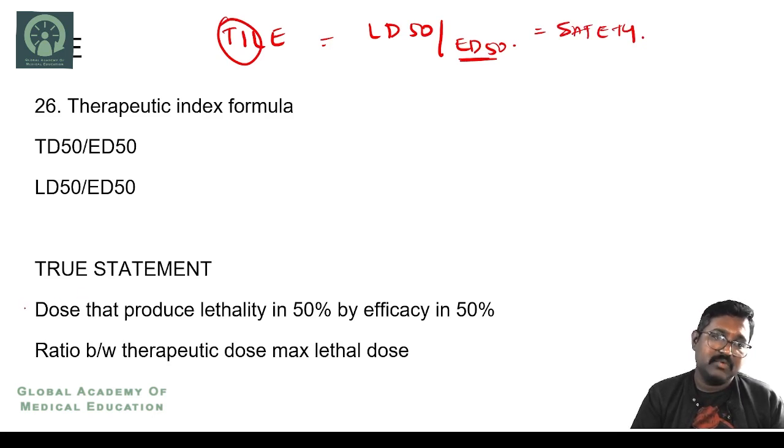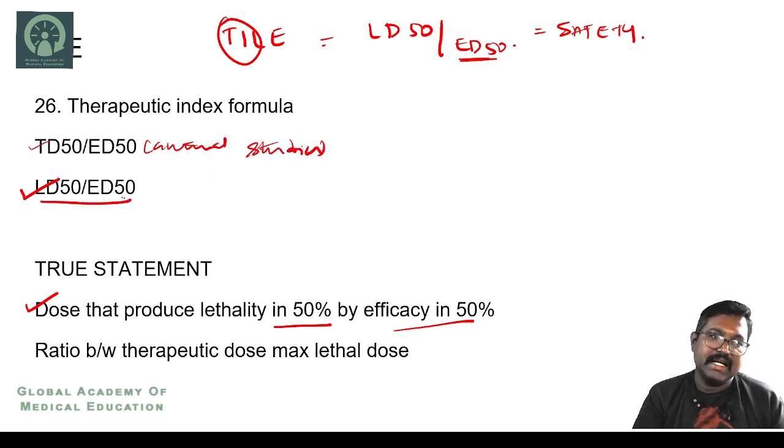So if they have asked about a true statement, the right statement would be the dose that produces lethality in 50% by efficacy in 50%. So this will be the right answer. Lethal dose by the effective dose. The toxic dose will be used in case of the animal studies. In case of animal studies, you can use this. In case of human, it is LD 50 by the